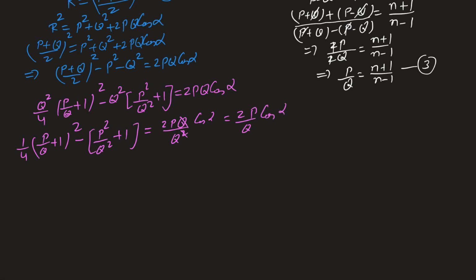So now using 3. Now you see P by Q is here, it could be used. P by Q whole square, this value could be used. P by Q is here, this could be used. So this will eliminate P and Q from this equation. So using 3 we will get